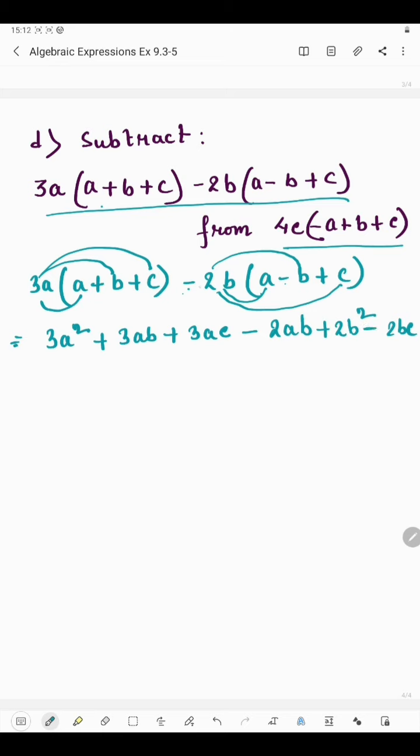So always remember, if there is minus sign and you are multiplying with the term which is inside of the bracket, so while removing the bracket, all sign will change. Here all sign will change inside of the bracket if you remove the bracket. Okay, since we are multiplying by minus sign, so plus will become minus and minus will become plus. That's why here this minus sign has changed into plus sign and this plus sign has changed into minus sign.